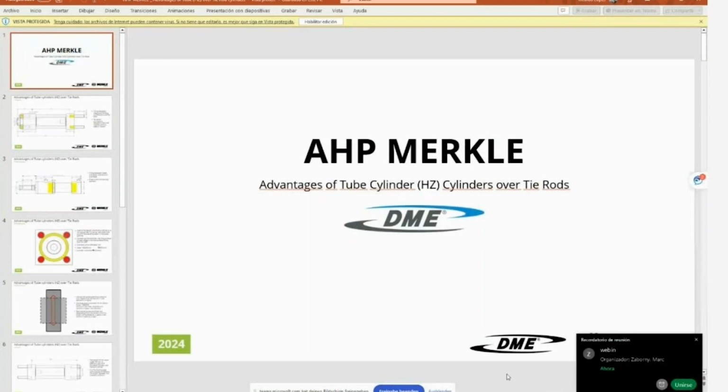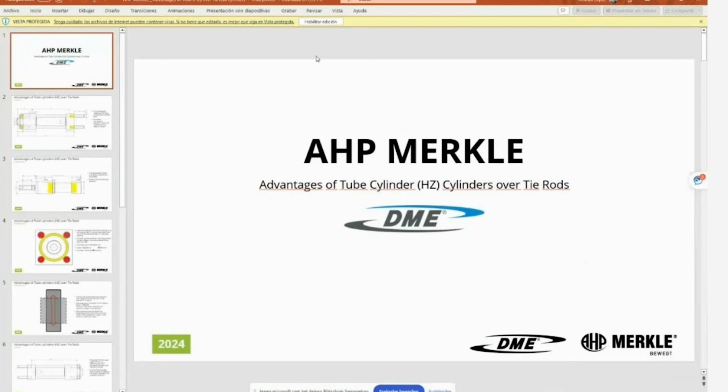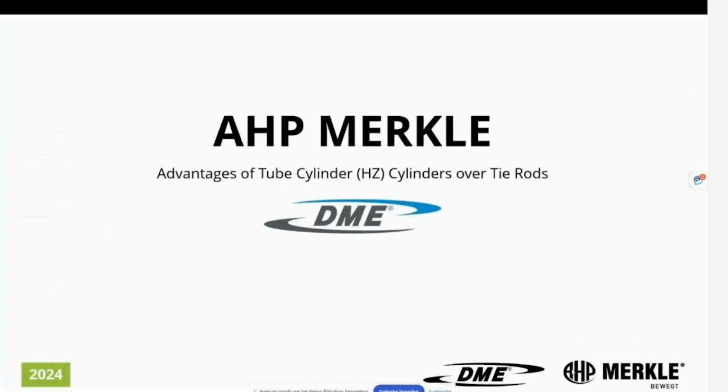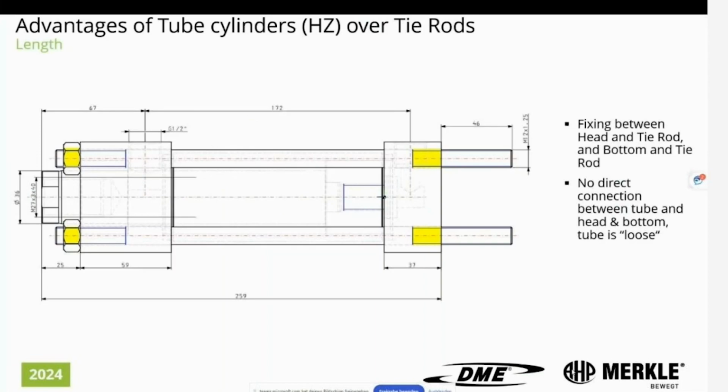So here, what we also have is where we compare. There you go. Thank you. Yeah. So here we are comparing our HZ cylinder. It's a tube cylinder. Okay. The tube cylinder doesn't have so many mounting modes. It's not possible also to put so many different sensors, but it's comparing once more the tie rod to a